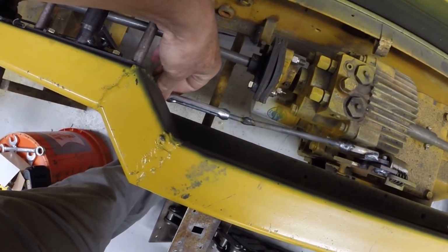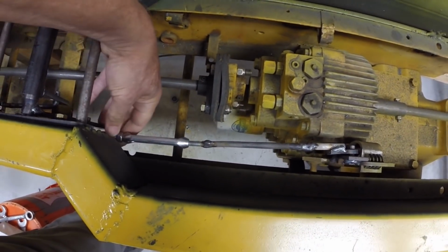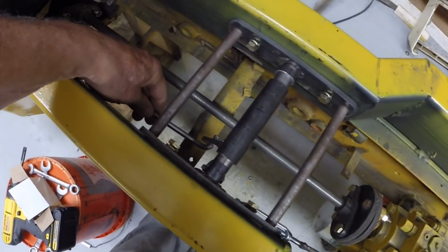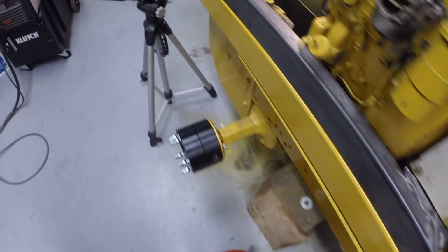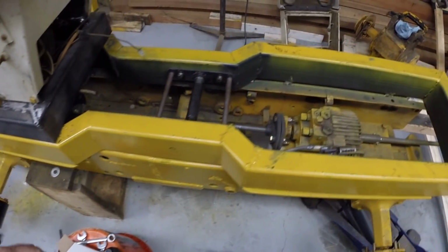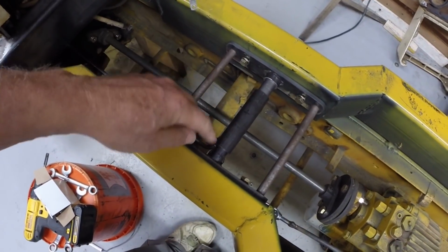Got the linkage here for the rear hydro, and it operates fine. The front hydro operates fine. So all I need to do is put the cotter pins in the connections, and then install the stub shafts